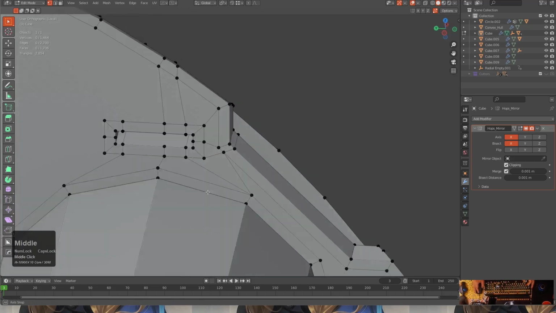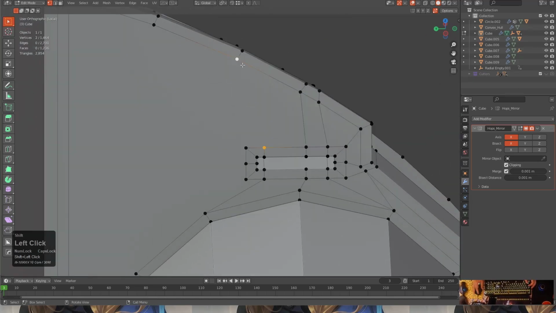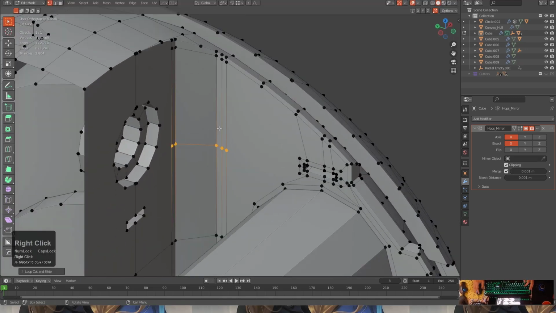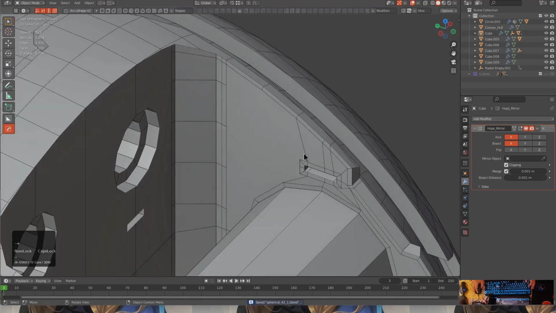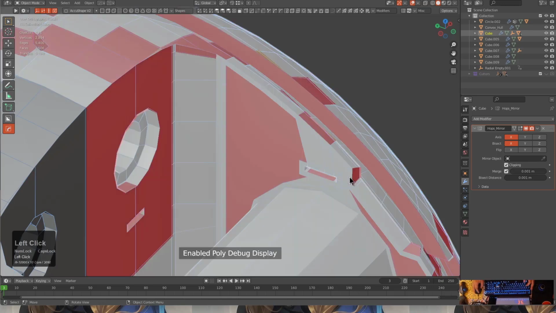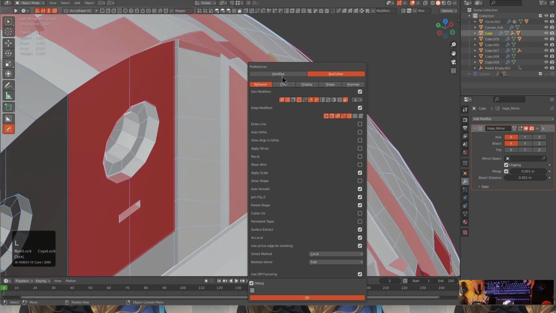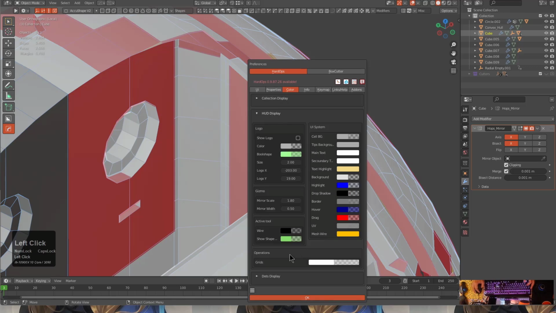One, two, three, four. I don't even need poly display. Like, I feel it's a little overbearing at this moment, so it might be something checked into. Actually, let's look at it right now. What I'm saying is that poly display is just a little overbearing, but if we go under our preferences for color and we look at HUD display,